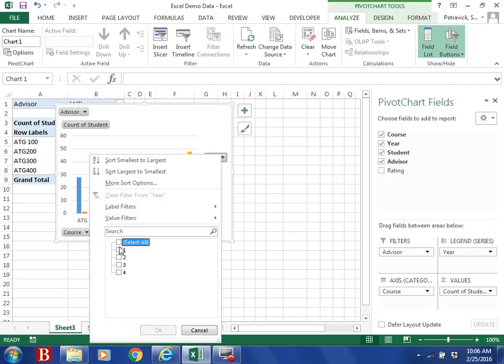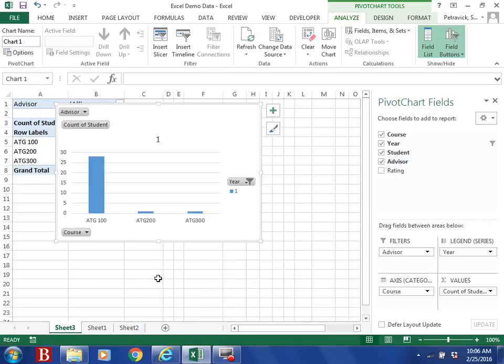Or another way to think of this is, what are first-year students taking? Most of them are taking Accounting 100, but here's some in 200, here's some in 300, right? So by playing with the options, we can do quite a bit. Okay with that? Yeah. So I'm going to